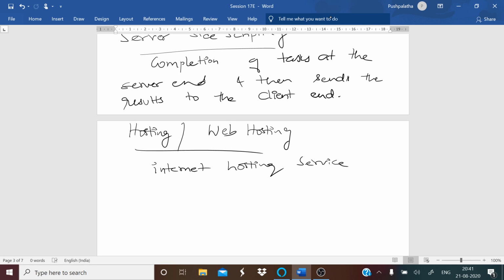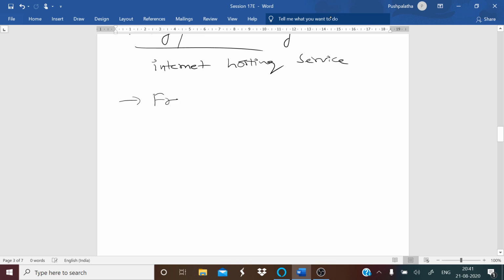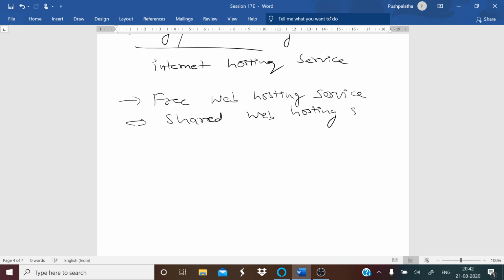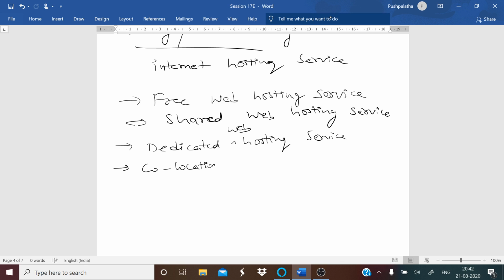There are different types of web hosting services, that is you have your free web hosting service, and shared web hosting service, dedicated web hosting service, and co-location web hosting service.